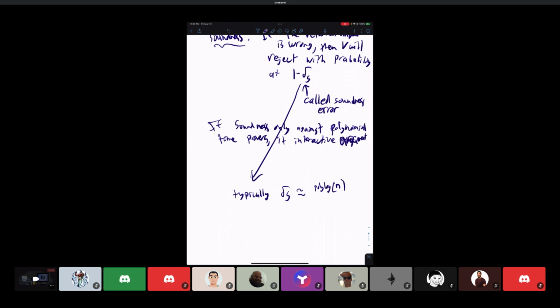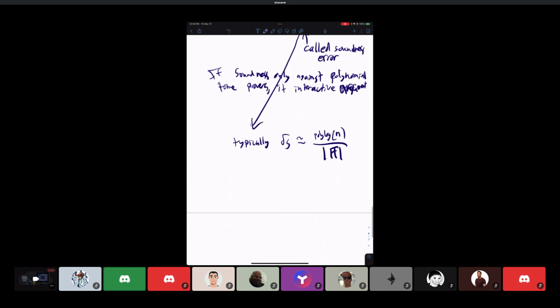Kind of vaguely, I won't tell you what n is, but here's the key point: over the field size. So if we work over, say, a 256-bit field, this soundness error is really, really tiny. You can just ignore it. The prover will basically never in the history of the universe get lucky and convince the verifier to accept